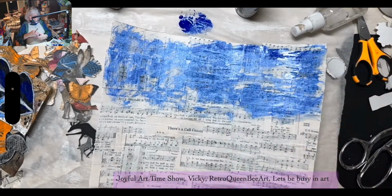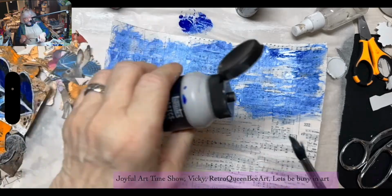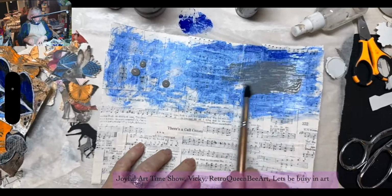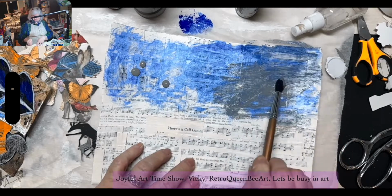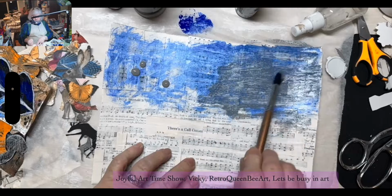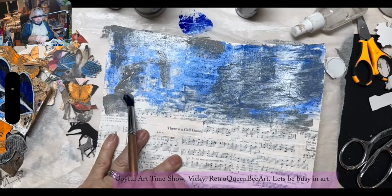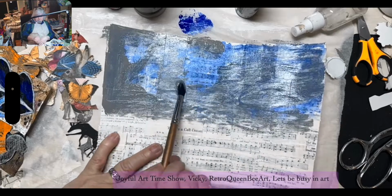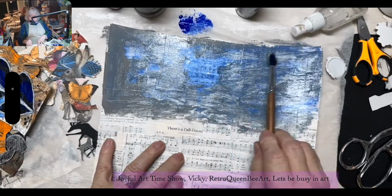So during Labor Day, I bought some new paint because, of course, Amazon had a really nice sale. Michaels, too, had a really nice sale going on. And then I'm going to kind of, now, this is also a fluid paint. I might put a little too much, but you know what we do when we do that